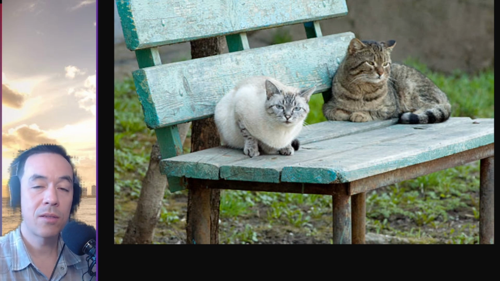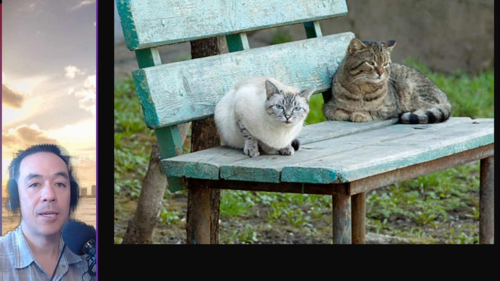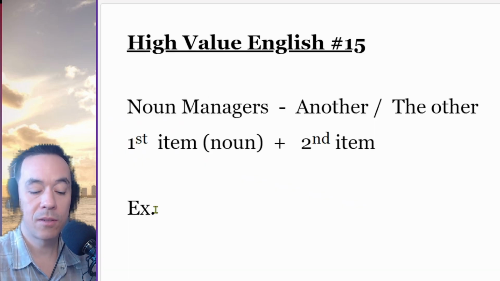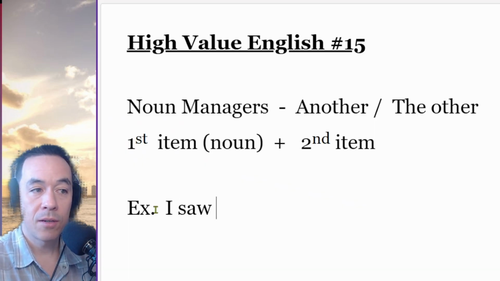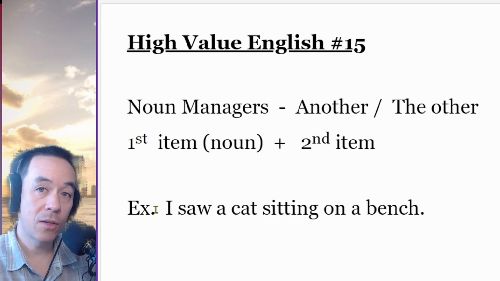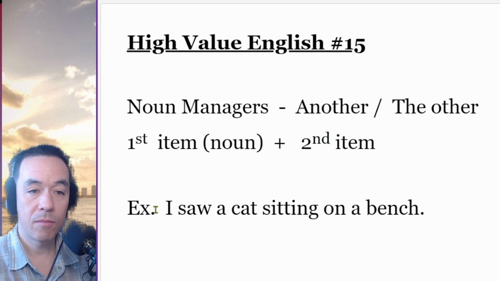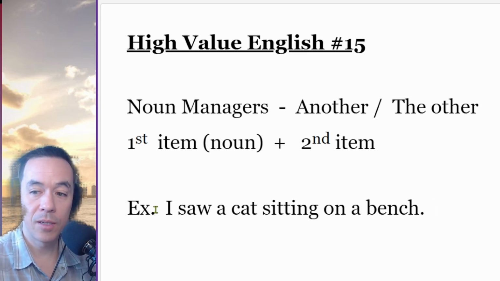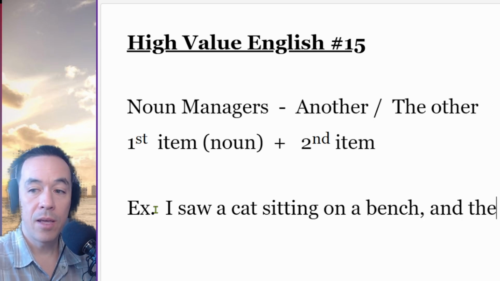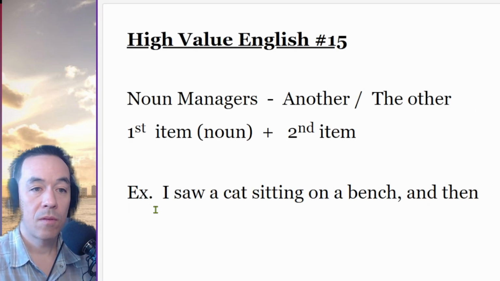There are two, both the same word, cat. Let's make this very simple. Let's say, I saw a cat sitting on a bench. So far there's one cat there. But we know the second one is coming in. And we'll say, and then you might think to say, then a cat